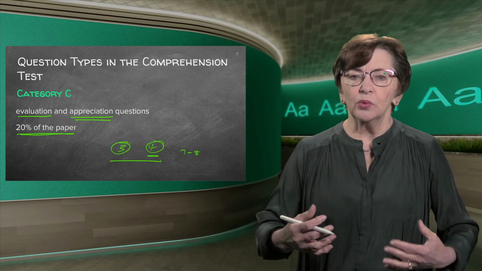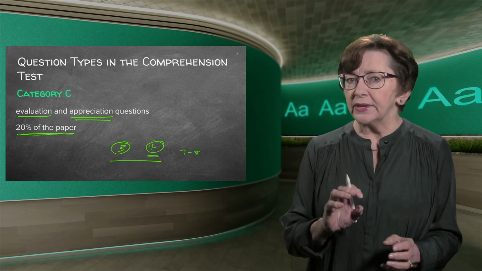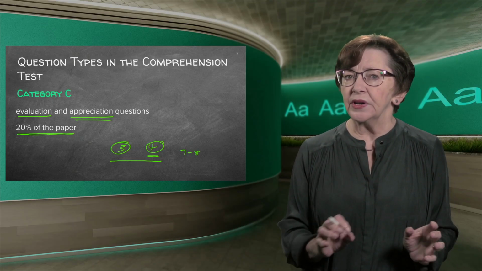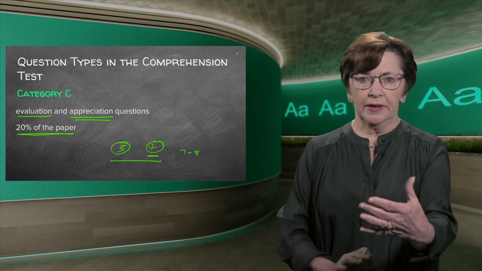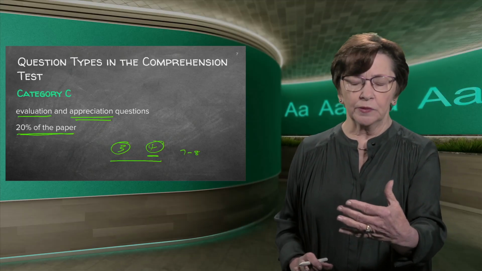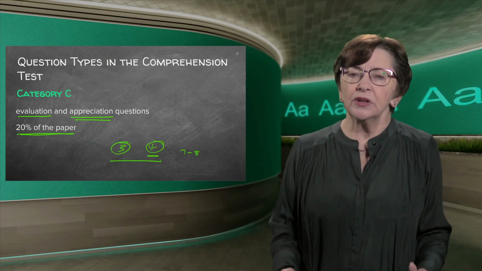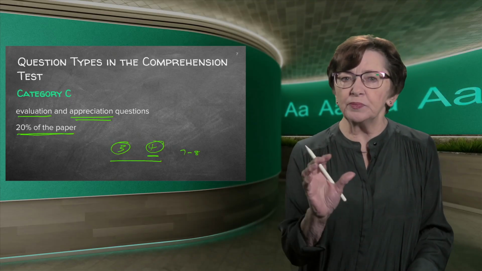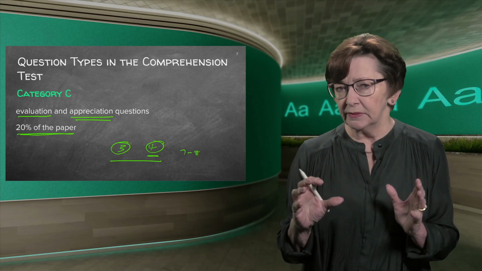This has to do with what you liked about it or what you didn't like about it, or whether you think, say, the imagery used here or the diction used is effective or ineffective. I say it's effective, but then I must give my explanation why I say so. And if that's substantial enough, you get the full 3 marks. You don't have to go and say 1, 2, 3 things. It must just be a proper, substantiated response.